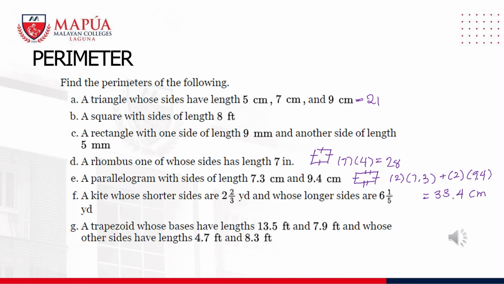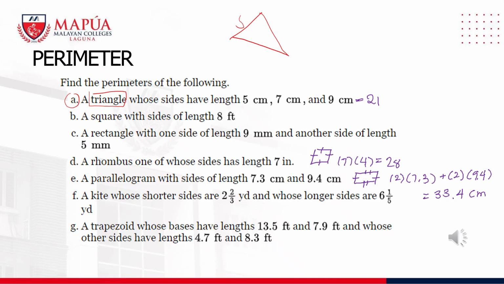So we have here some examples. I will not solve all of them, I will just solve some of them. So for letter A, we have a triangle. You should know what kind of polygon we are talking about. So the first example A, we have a triangle. It could look like this.